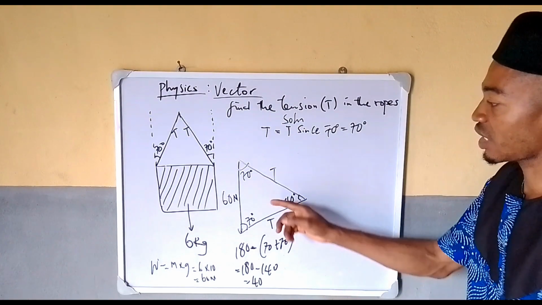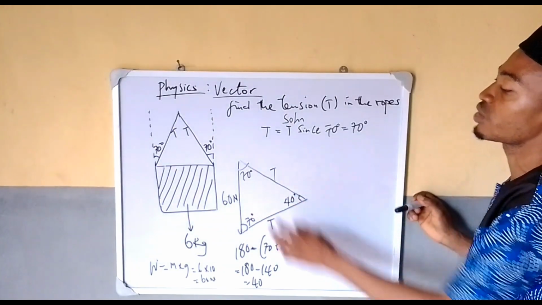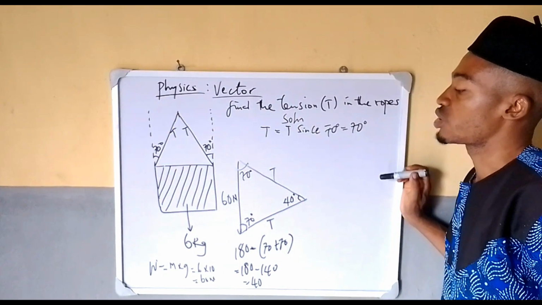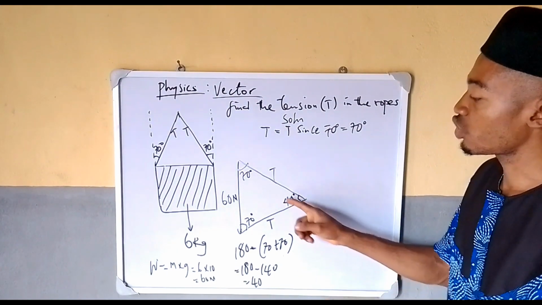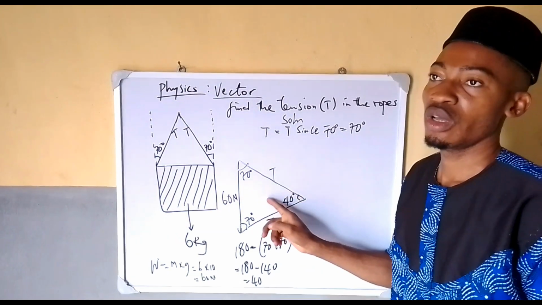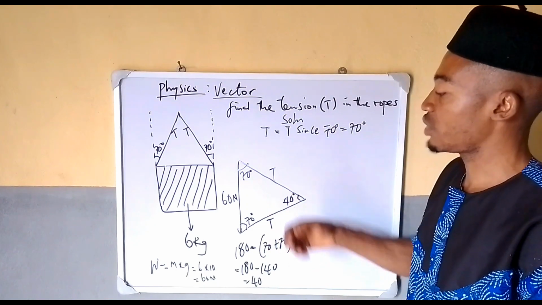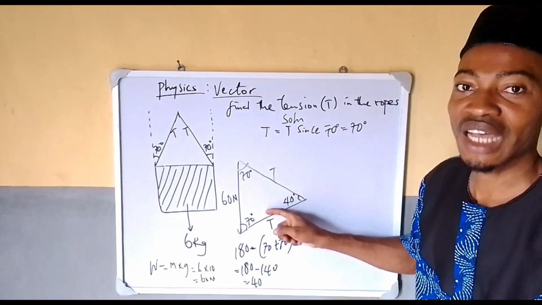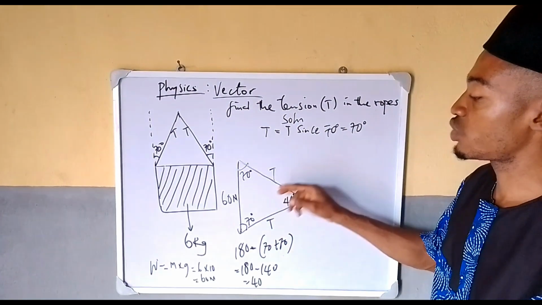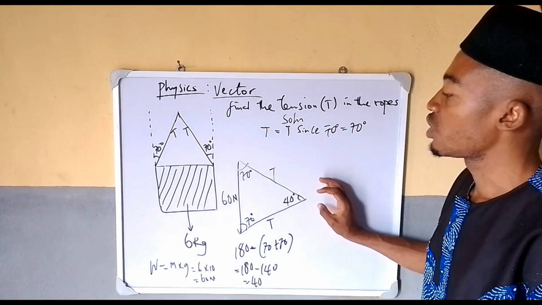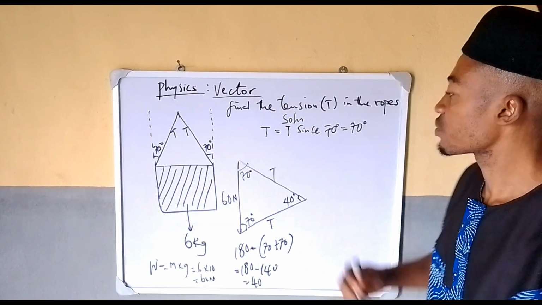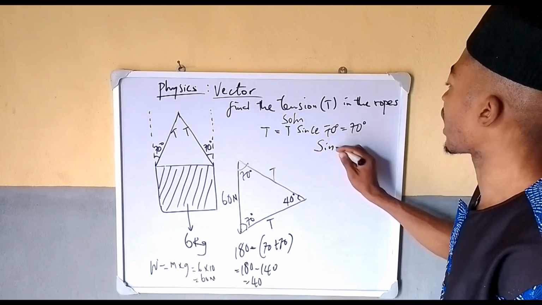Then if you look at this triangle, we say that this triangle is what can be called an acute angle triangle. Why? Because none of the angles here is equal to 90 degrees. So it is an acute angle triangle. If this is an acute angle triangle, what is the best way to solve it? What you simply do is you use the sine rule. So I'm going to use the sine rule here